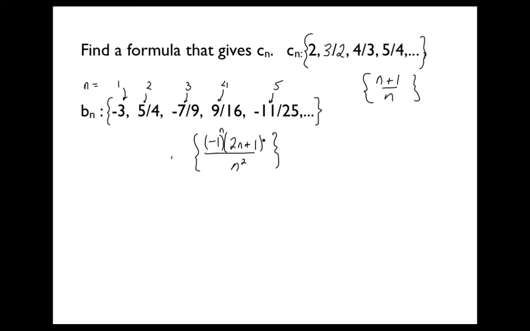Now that's not the only way to do it. What other kind of thing could give us this kind of alternating effect? Anyone know? What type of function could we use to get it to give us negative 1, 1, negative 1, 1? What kind of function does that? Alternates. Yeah, so like a sine. So how could we use it? So another way to do this would be